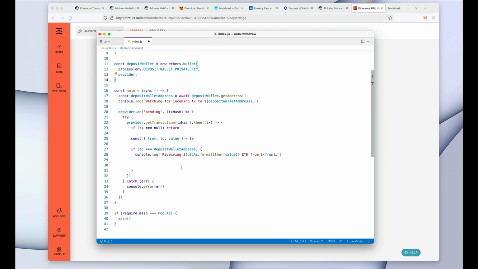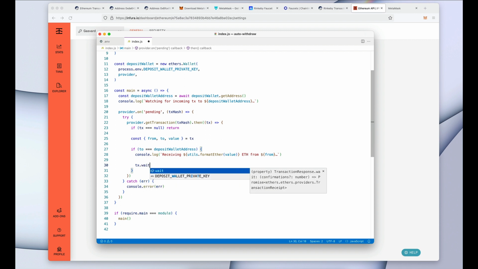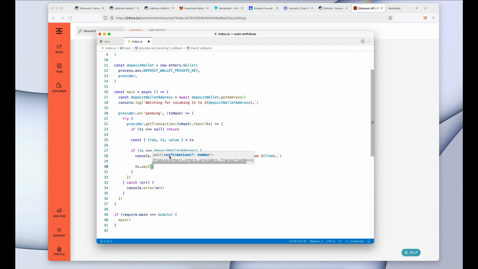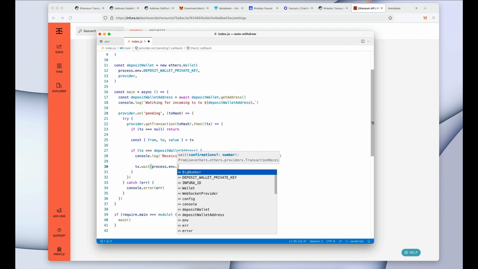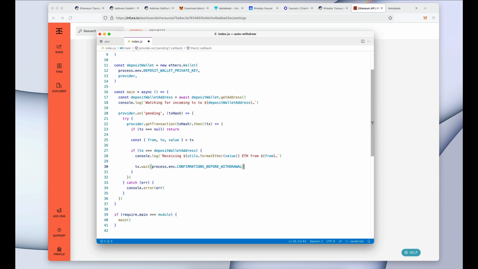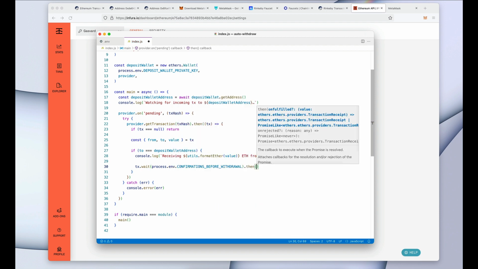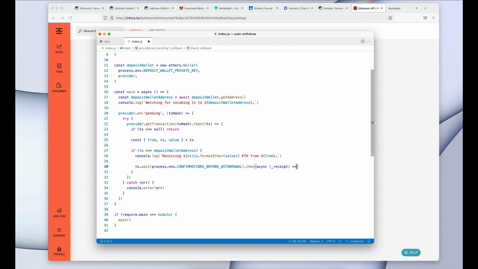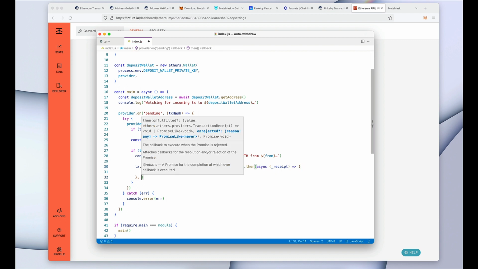Okay, now we want to wait for, and the wait function from ethers gives this handy API for waiting for a given number of blocks before doing anything else. So here we'll just pass our process.env confirmations before withdrawal, and then we want to, when we receive our transaction, and also if it fails,